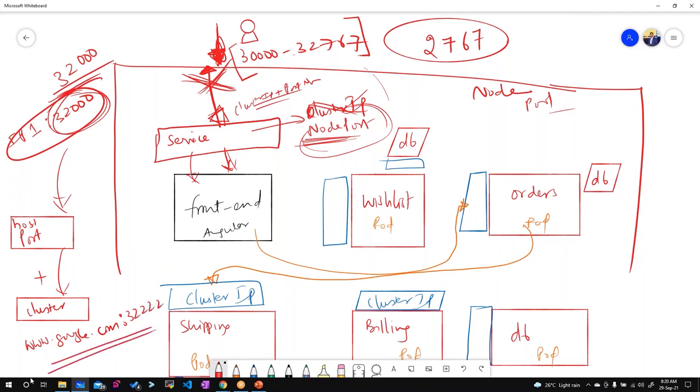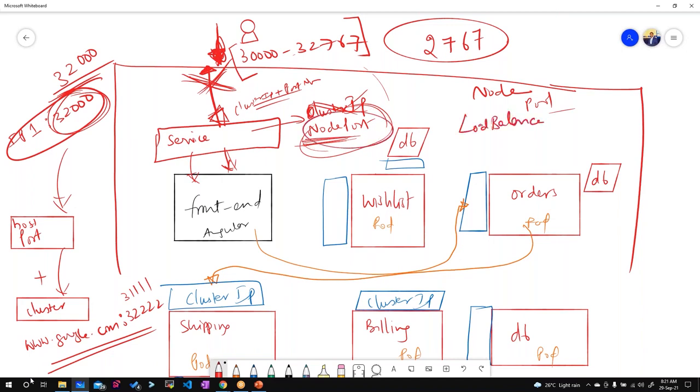Would you use it? Let's say after a few days it asks you to use a different port number. Will you remember the port number? No. So that's why we have something known as a load balancer IP address.